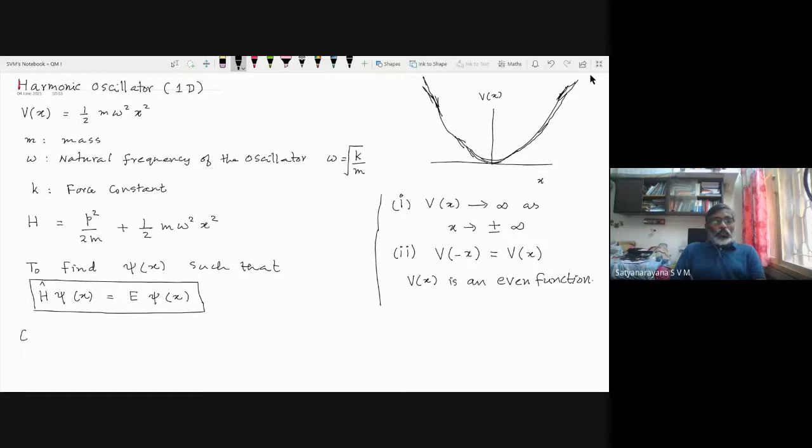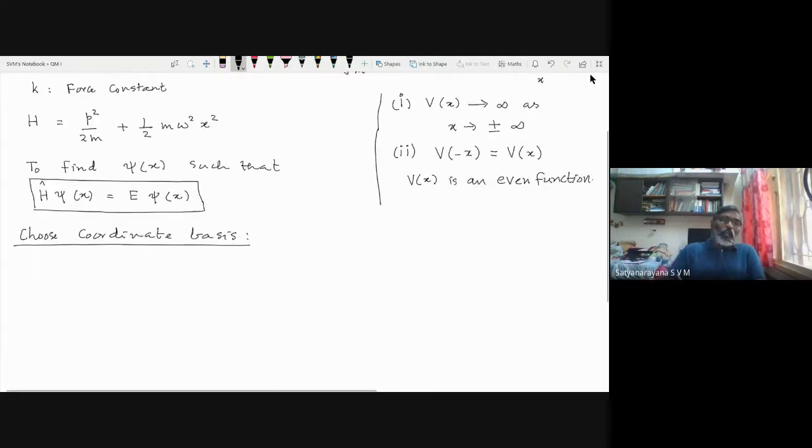So let us choose the coordinate basis, which means now we will talk in terms of differential equations in x. So the Schrodinger eigenvalue equation will now be recast as a differential equation, because